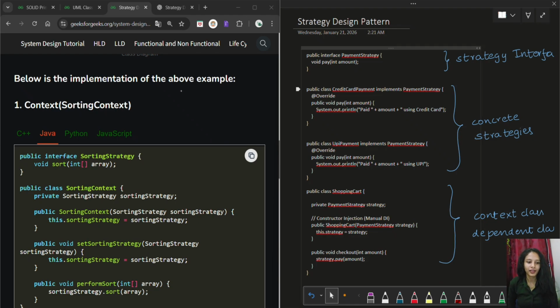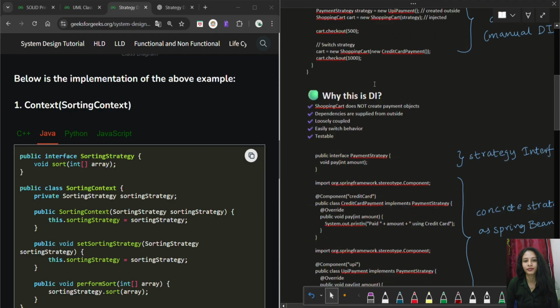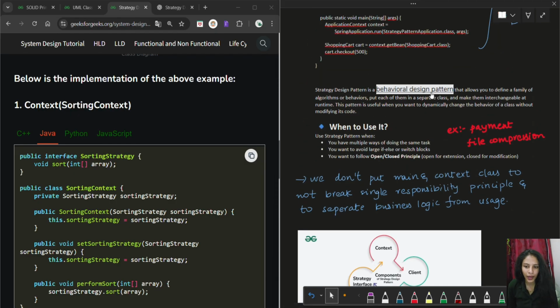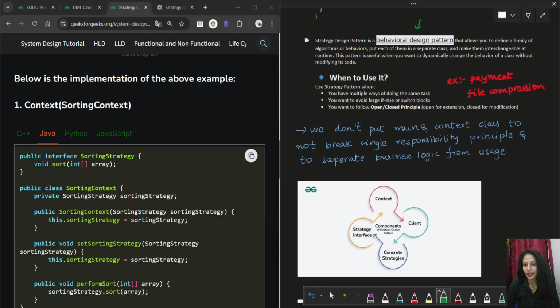Welcome to design patterns. The first pattern I want to discuss is the strategy design pattern. The strategy design pattern is a behavioral design pattern. It comes under this; we have three design patterns. In the behavioral design pattern, this is a subdivision, the strategy design pattern, and the definition of it